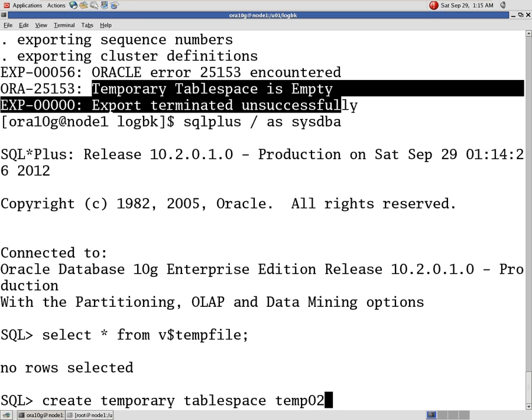Instead of 01 we'll just create temp02. Where is this path of the temp file? Before that, we'll just see where your complete data files are. Select name from v$datafile.